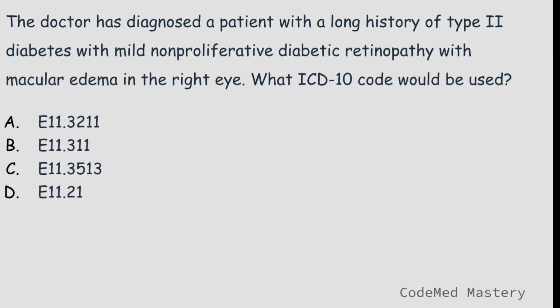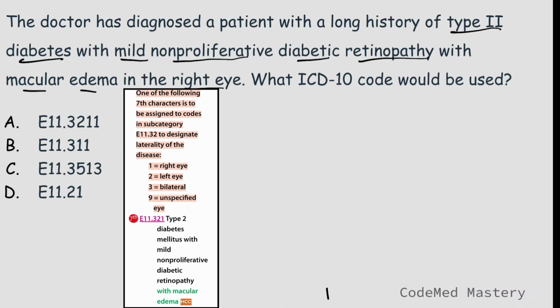The doctor has diagnosed a patient with a long history of type 2 diabetes with mild non-proliferative diabetic retinopathy with macular edema in the right eye. What ICD code would be used? Check option A,